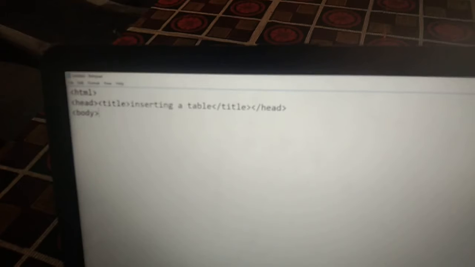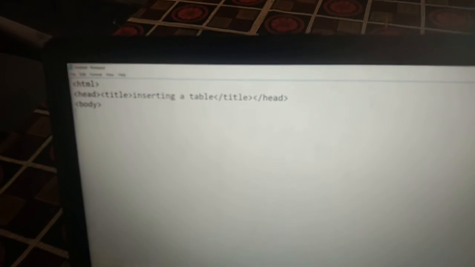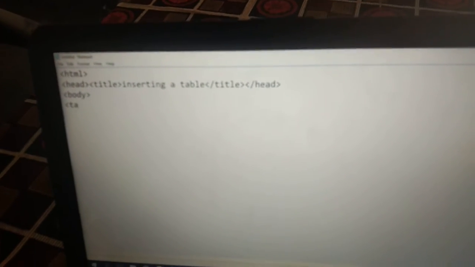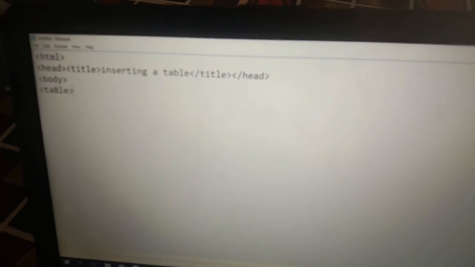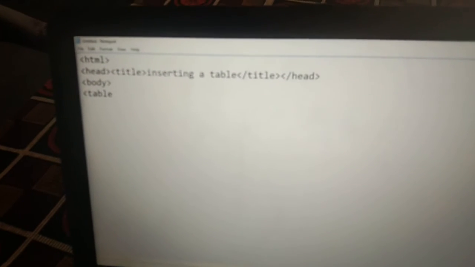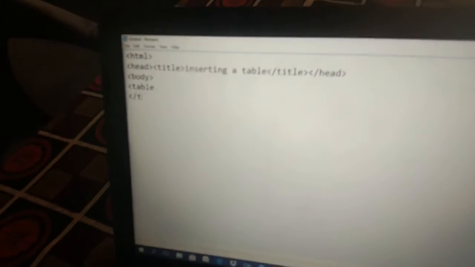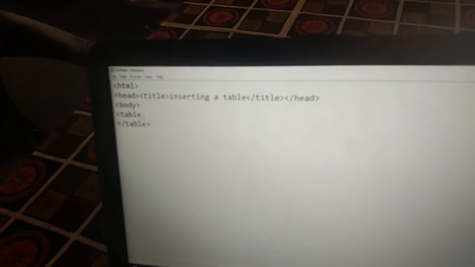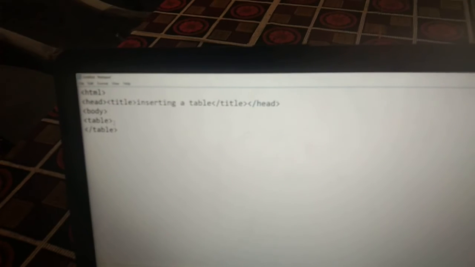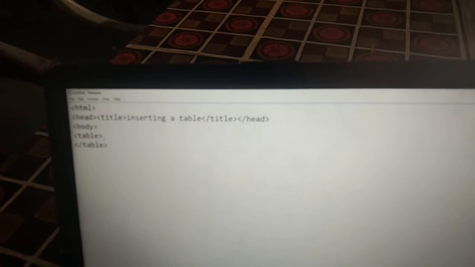in HTML, we have to type the table tag and the closing table tag. Generally, a table tag is a parallel of table tag, so you can create any number of tables just like the previous tag.